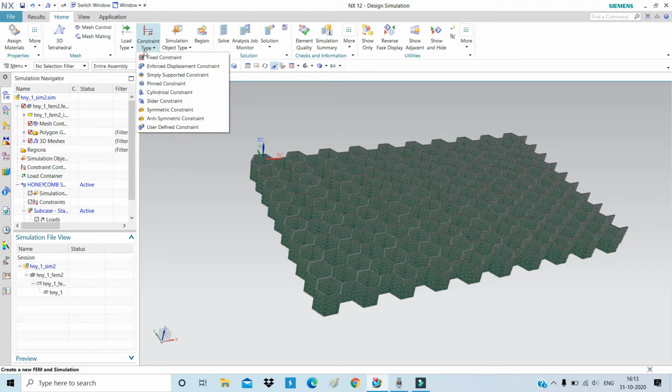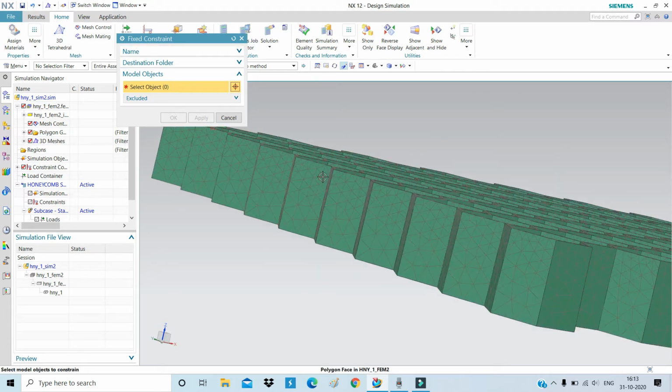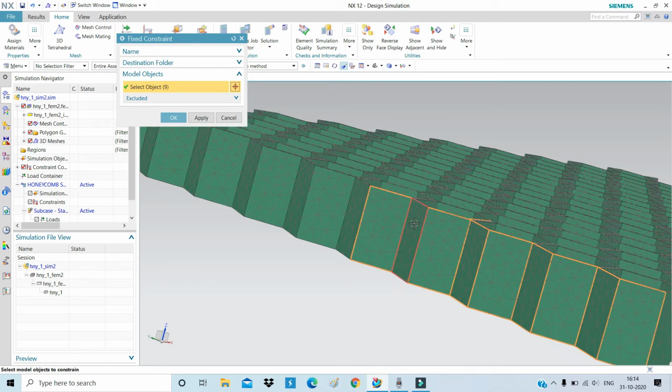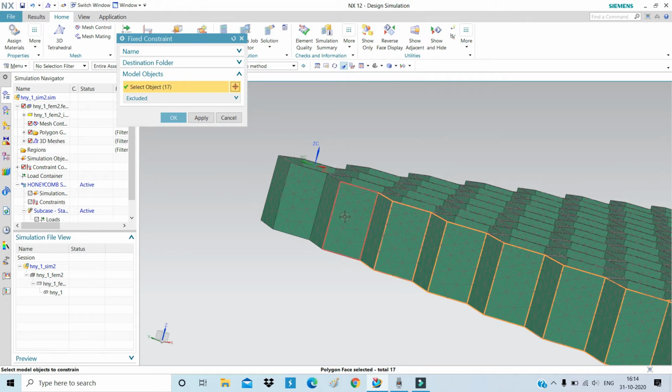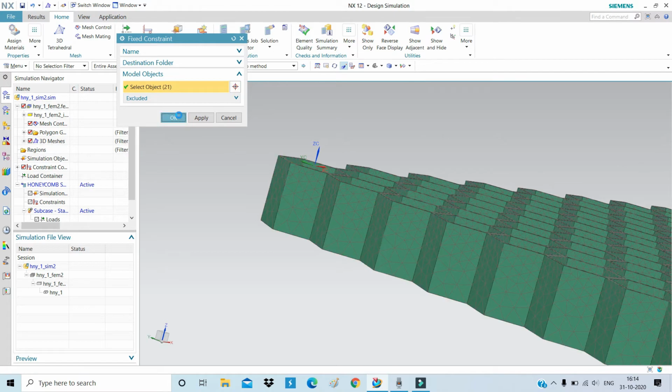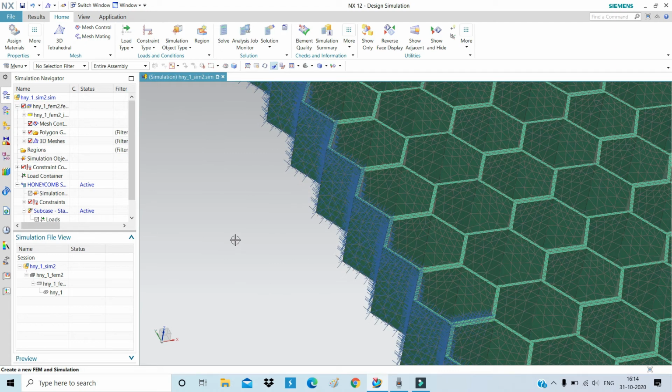Go to constraint type, fixed constraint, and select the side on which we give support. Okay, our support, the fixed constraint, is created.